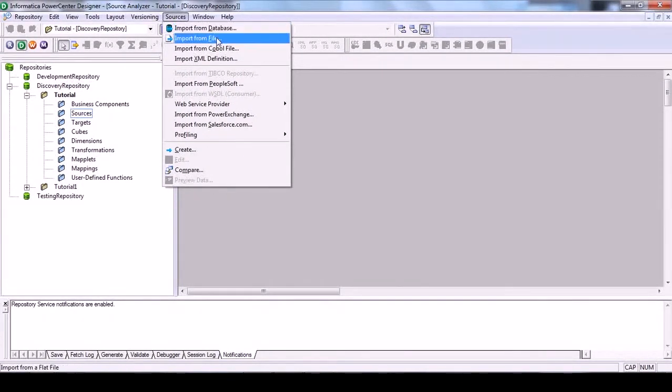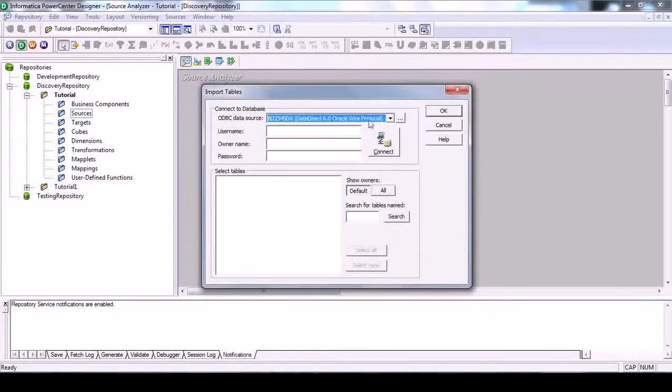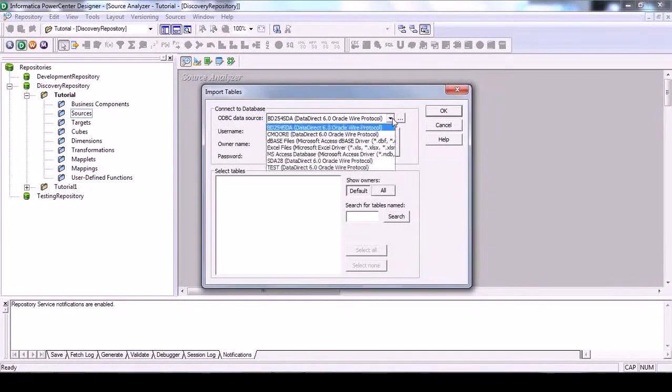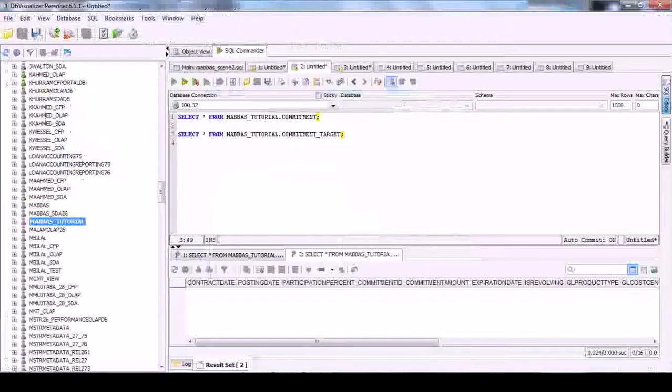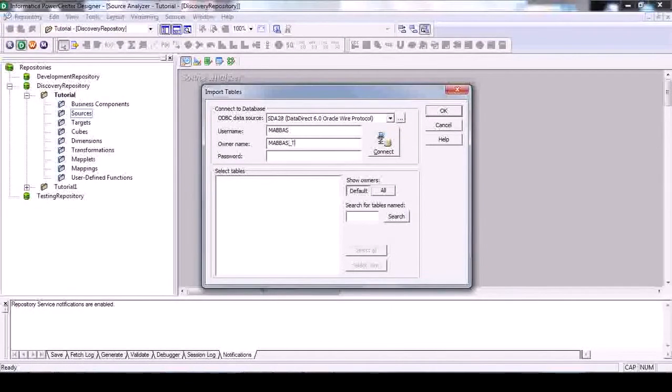We can import from database or file. There are many options, and this is the option through which we create. As of now, we will just use import from database. So here I am using this underscore.